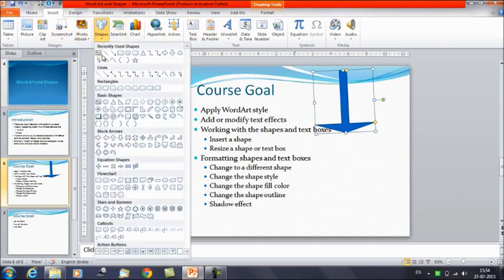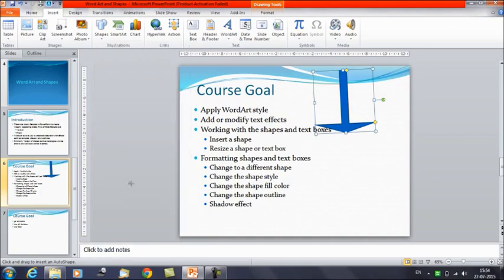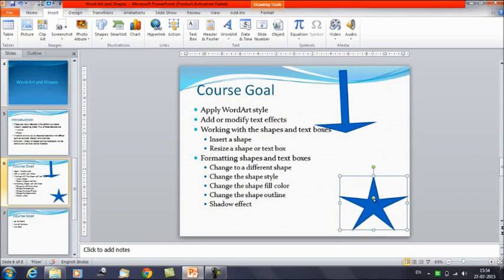Similarly, if we try to insert a star shape, for example, I'll show you. Yeah, this is the star shape. It does have the yellow handle here. With the help of this, you can see the effect here, how you can adjust the length of the points with the help of this yellow handle.